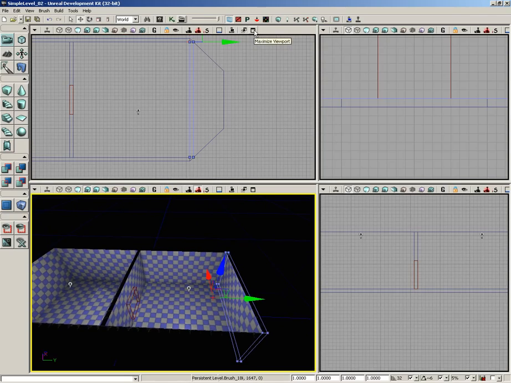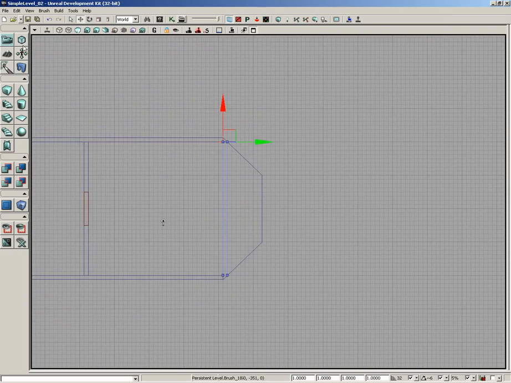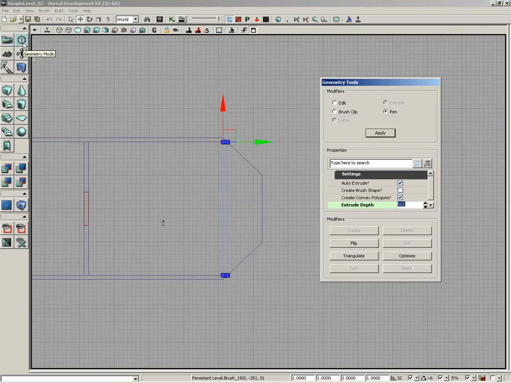Also, I'm going to take my top viewport and temporarily maximize that. So let's go ahead and click on the Maximize Viewport button. And I want to enter geometry mode. So go ahead and click the geometry mode button located over here in the toolbox. Now previously we were in pen mode when we drew the western wall, so now let's switch back over to